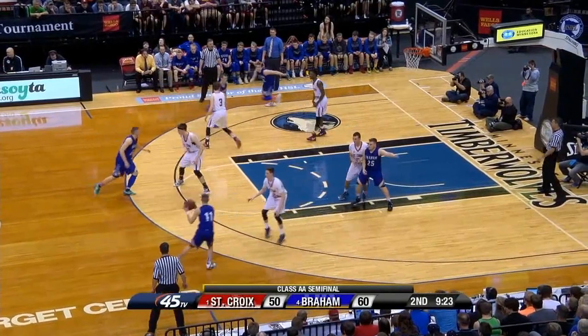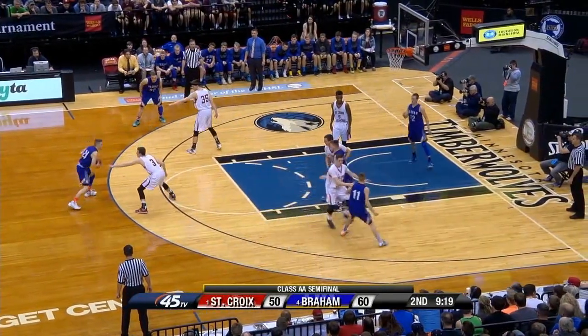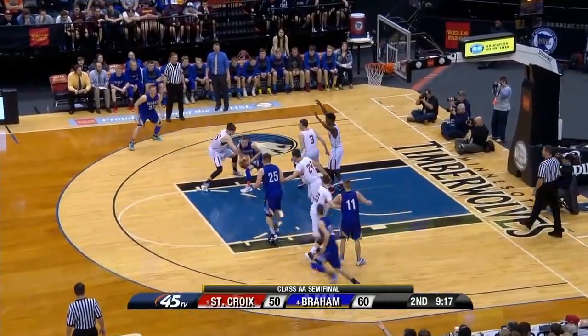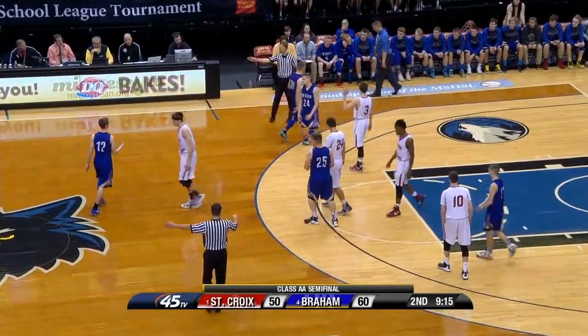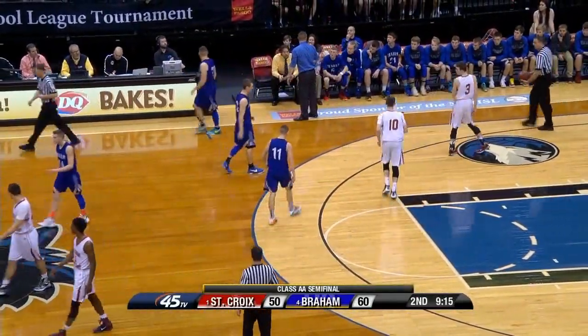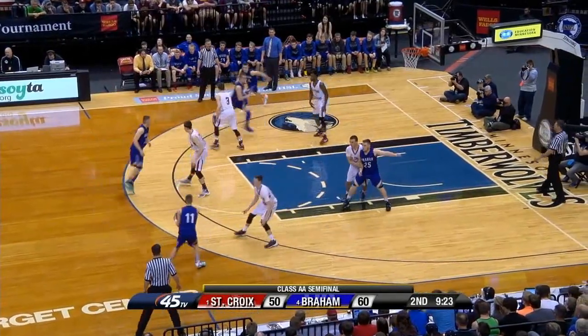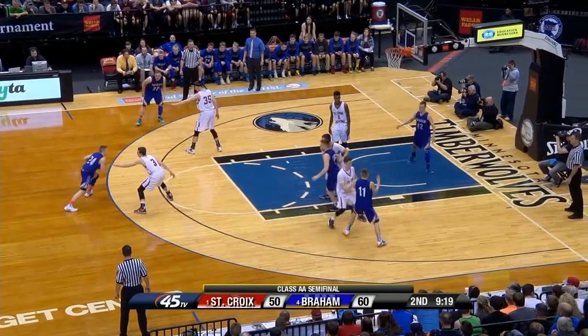Quickly, I just want to talk about what to do if we have a scrum or an altercation on a held ball, which can happen because we have players in close proximity and they're really trying to rip the ball away from the other player. Have the covering official and even the closest off official converge on the players, have a presence. If you're there, they're less likely to do something that they shouldn't do.